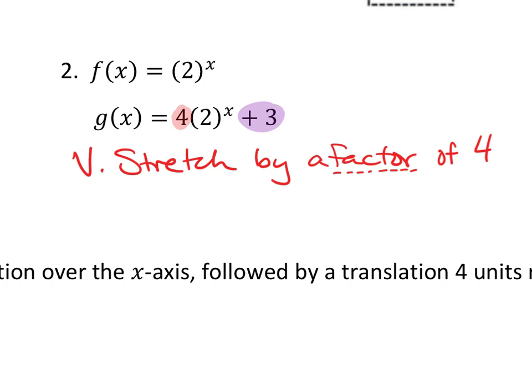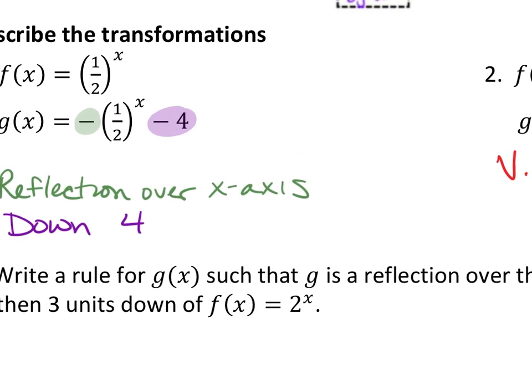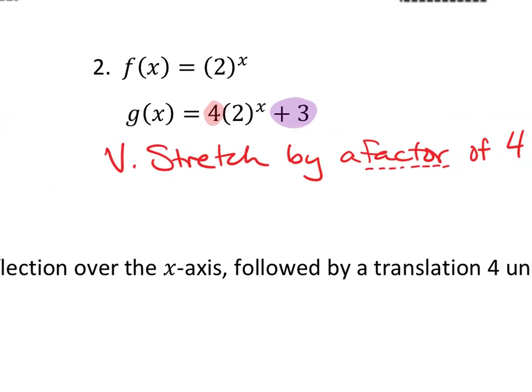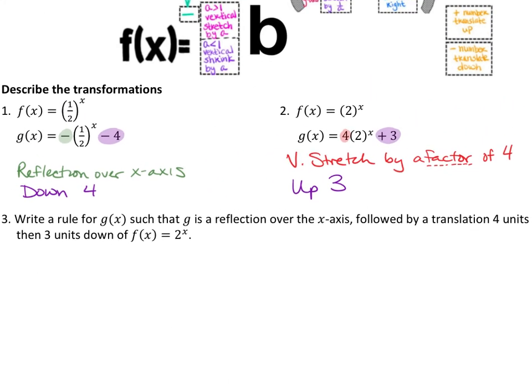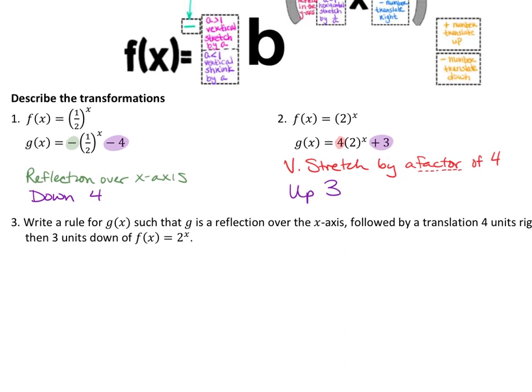4. What does that purple plus 3 do to my graph? If minus 4 moved it down, this one is going to move up 3. So again, I'm just looking for where these numbers have been placed in the transformed graph. You can refer to your table every time to see what it is talking about. So the 2 types of questions you're going to see today talk about describing transformations, as well as number 3,